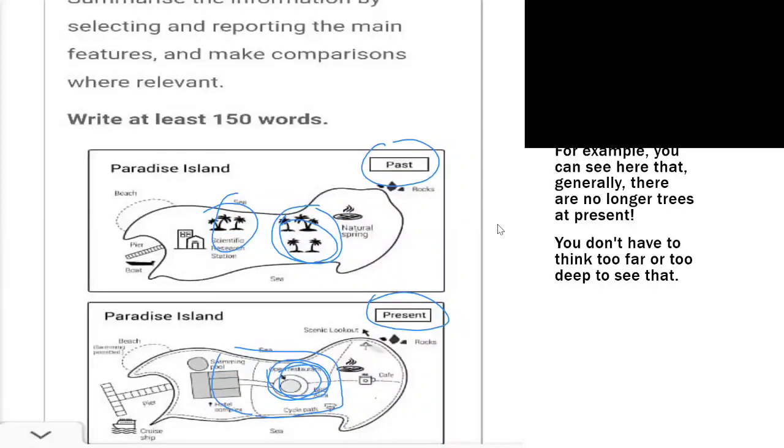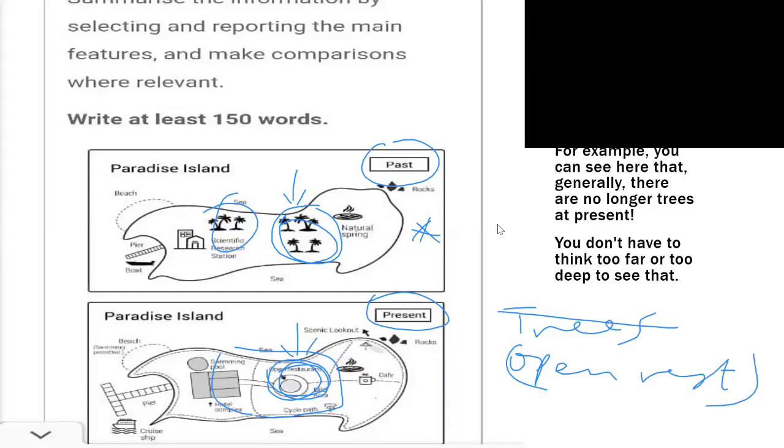Okay. So that will come up as a key feature that you just need to note somewhere before you start writing, that okay, now you have to talk about this. You need to talk about the trees that have been removed. Okay. Not only that, the trees in the center of the park here have been replaced by an open restaurant. So the open restaurant was not here, or was it here? There was no open restaurant in the past. So this restaurant came up to replace where they used to have trees. Okay. If you look at this again, I can see